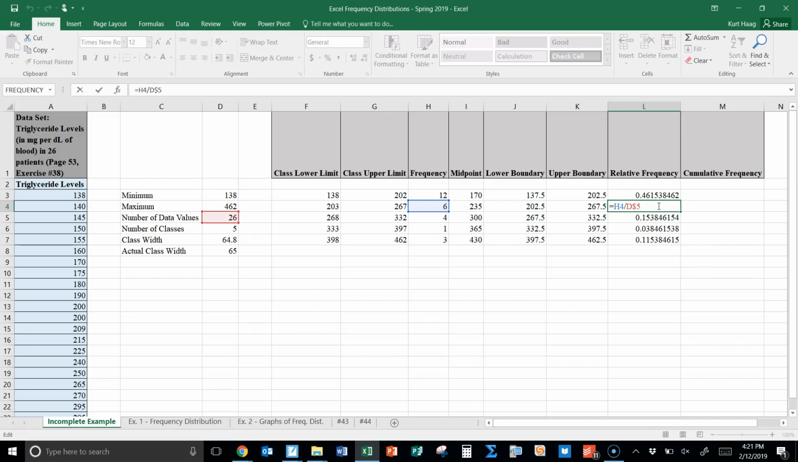If I click into each of these, you'll see that each of these still has D$5 that we're dividing by, and what changes each time is the H3, 4, 5, 6, 7, based on the frequencies that we need for the classes. And finally, for the cumulative frequencies, we need to